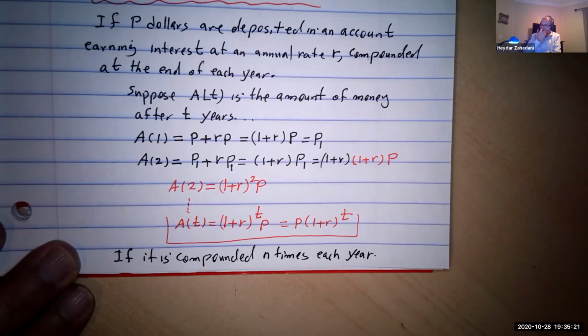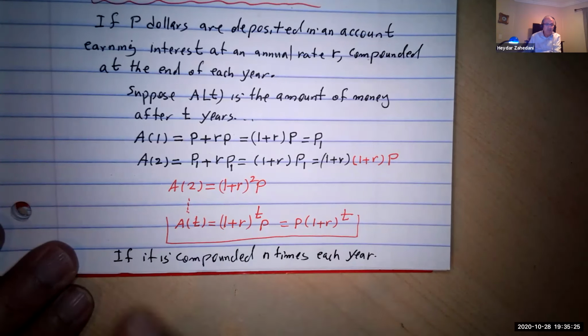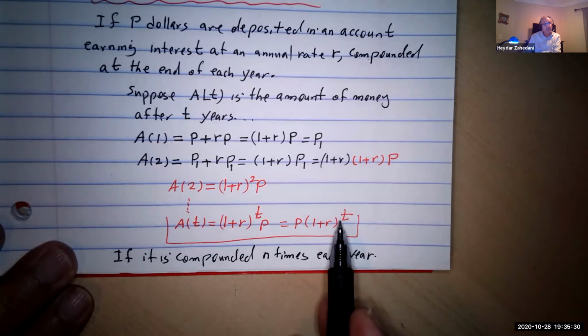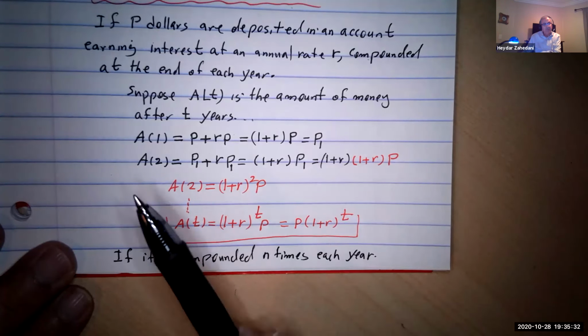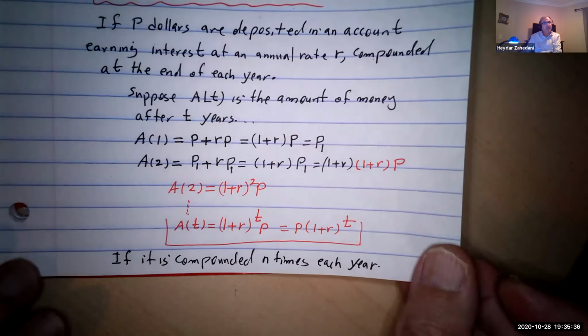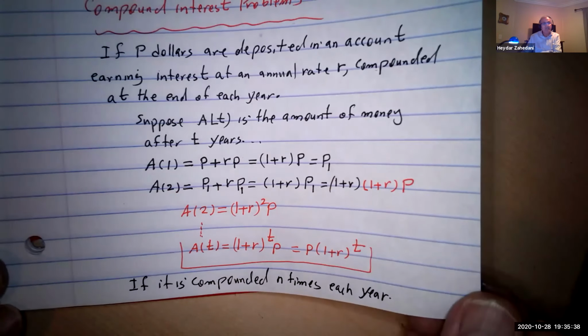The rate is going to be R over n, and the number of periods for T years is n times T. So, to get this famous formula that you should make a note of for the next test or quiz: